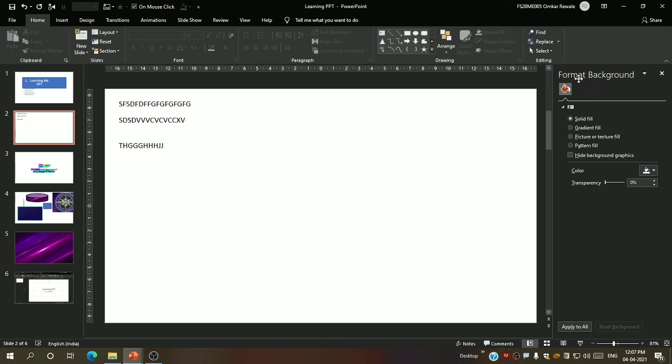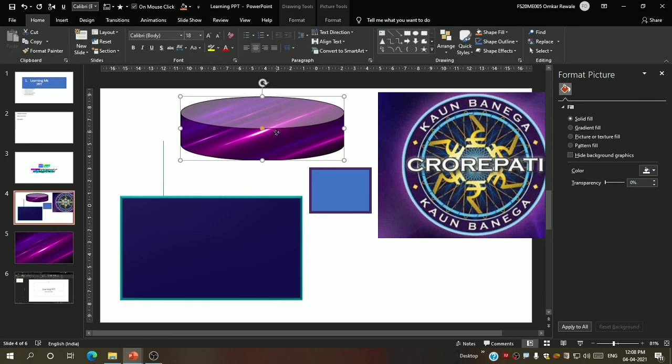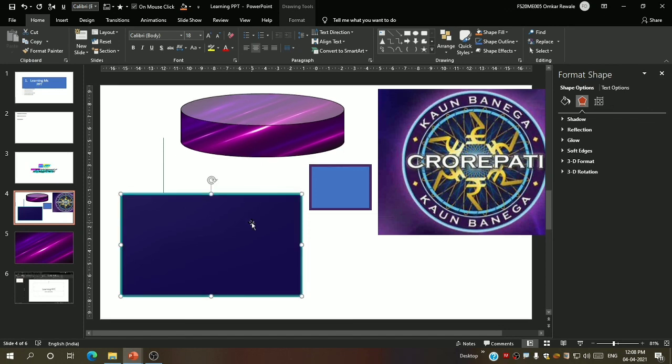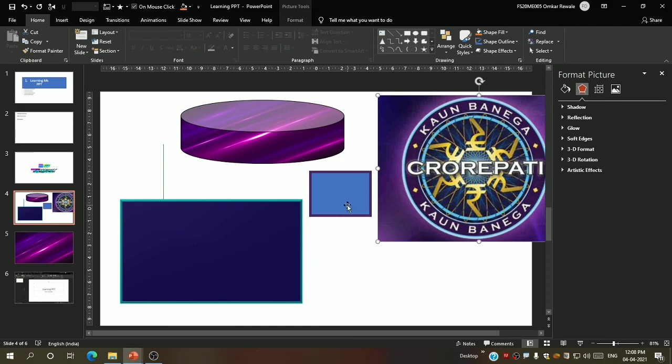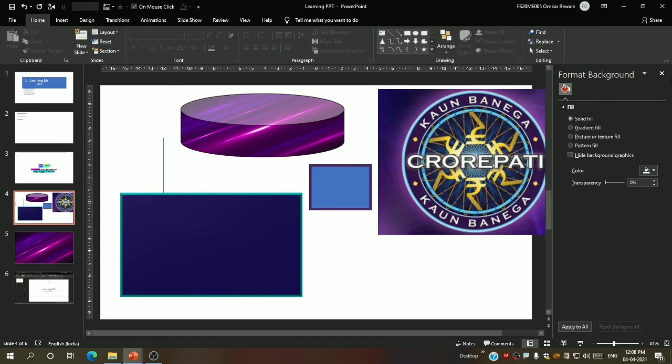So there are many formatting tabs. It can be format background, it can be format text as we saw for the text. It can also be for formatting shapes, which we also saw in our last lecture. In this slide, we have formatted with this same tab. Nothing is changed, just the option and the name over here change when it comes to different things. Now this is for the format picture, as we inserted a picture over here. When I click over here, it will say format shape, again format picture, format shape. When I select the background, it will say format background. So just the name and its function change, but this format tab remains the same.